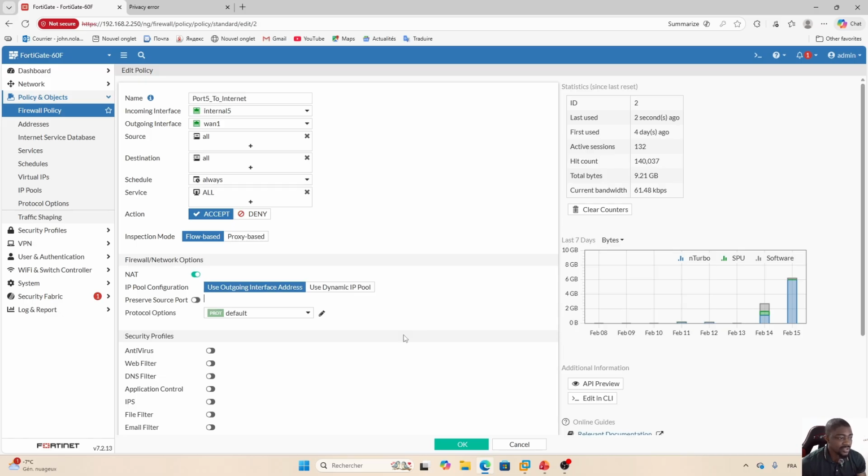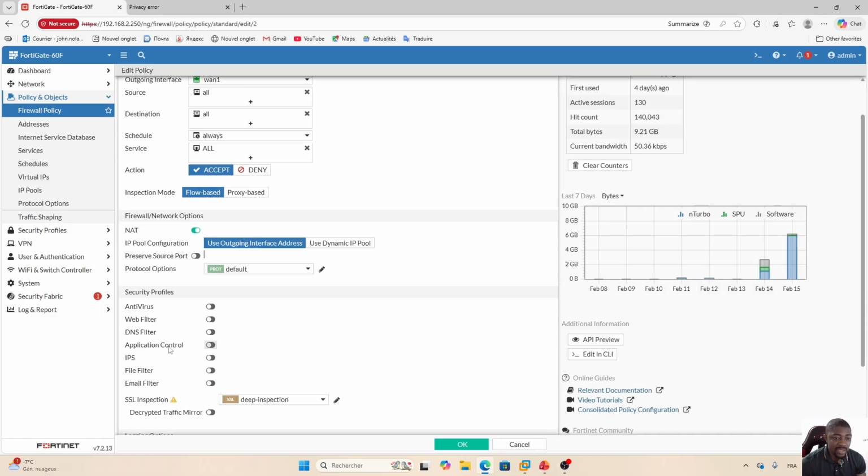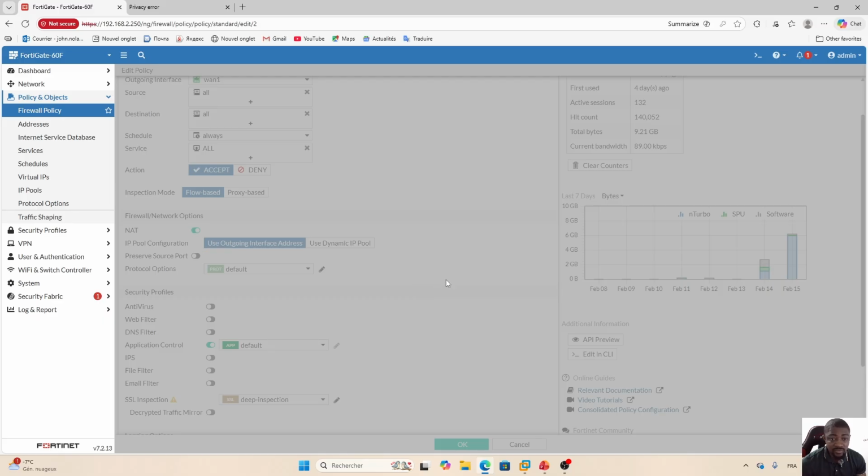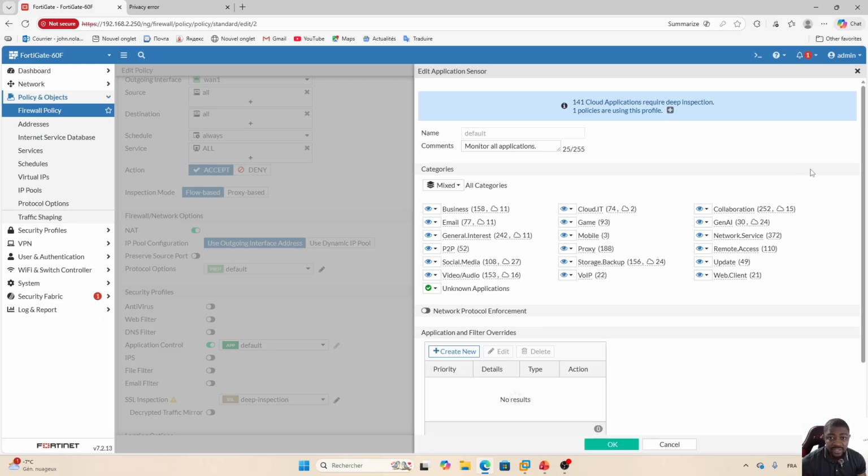So here on the FortiGate device, under our firewall policy, under security profile, we are going to enable application control. Here we are going to edit the default application control object that is available. From here you will see that we have 141 cloud applications that require deep inspection. You can see directly from here that for some security profiles,